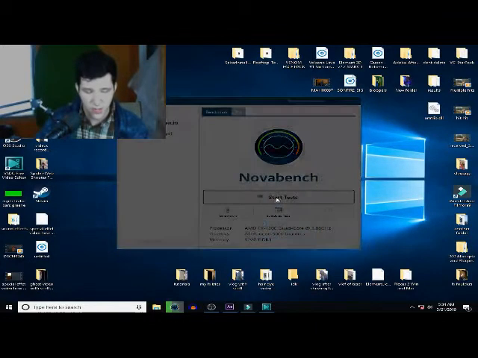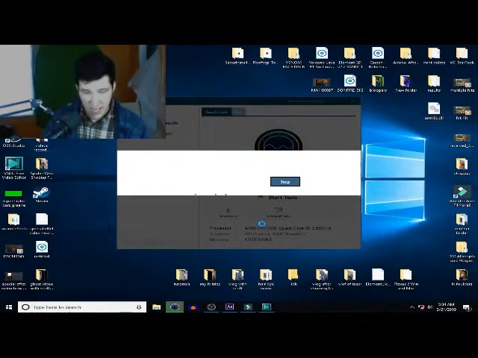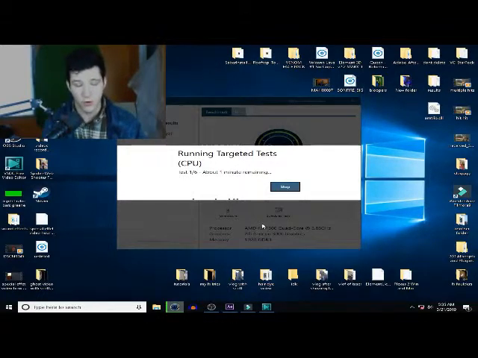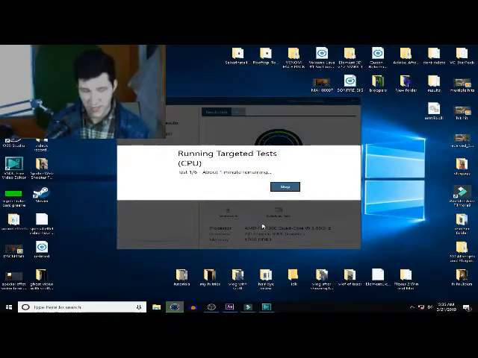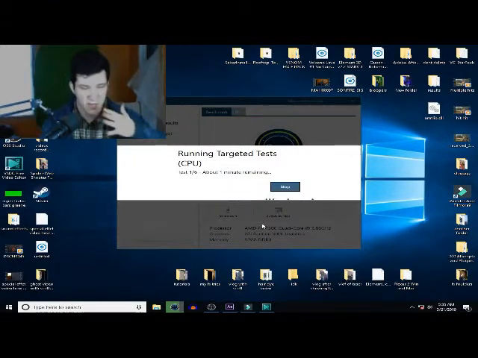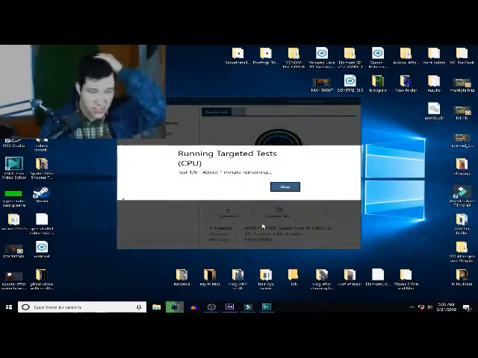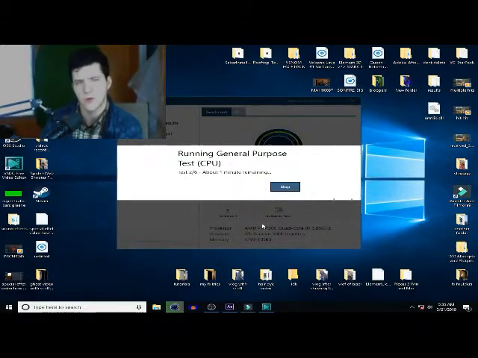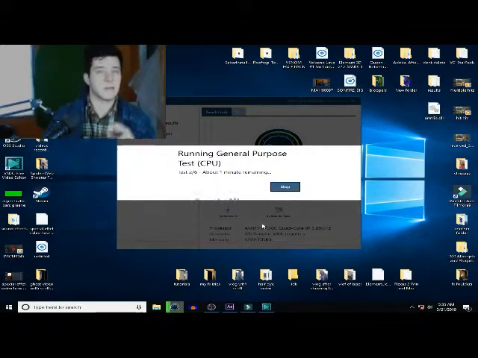But I actually want to go ahead and start a test. Believe it or not, this might go kind of bad because I have Adobe After Effects, VSDC Editor, and Filmora Wondershare open, and I'm recording with OBS. So all of that on top of just running the normal graphics test might go kind of crazy. This is just the original benchmarking. I'm not on the pro version. There was, I believe, I can't remember what it's called, but I don't know if I have it still or not. But there is this